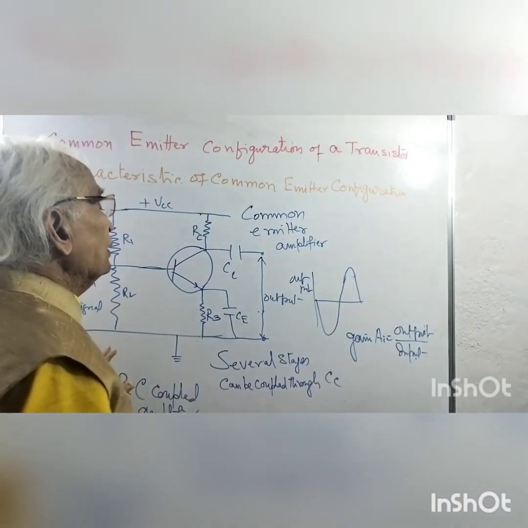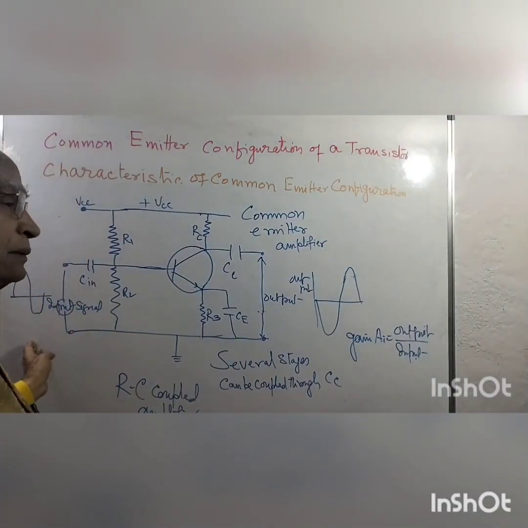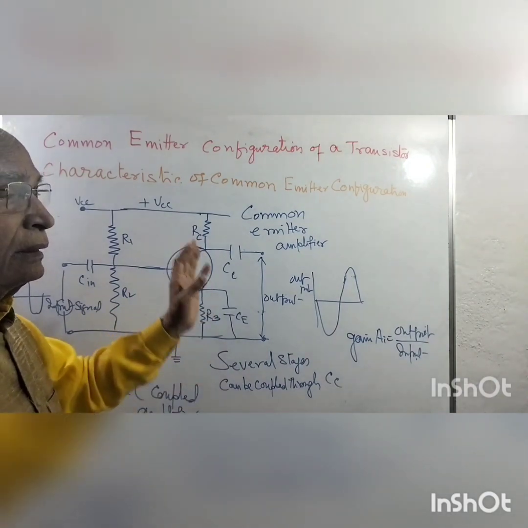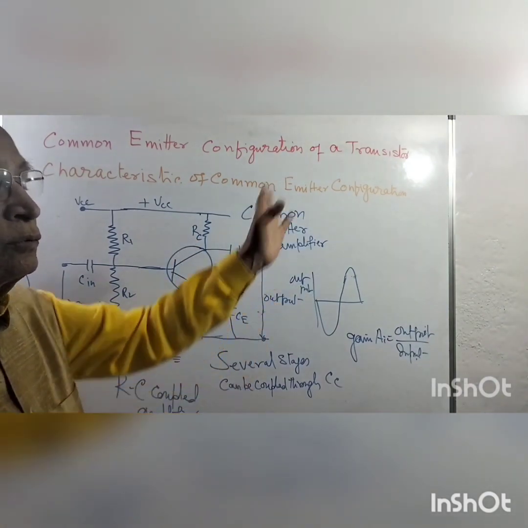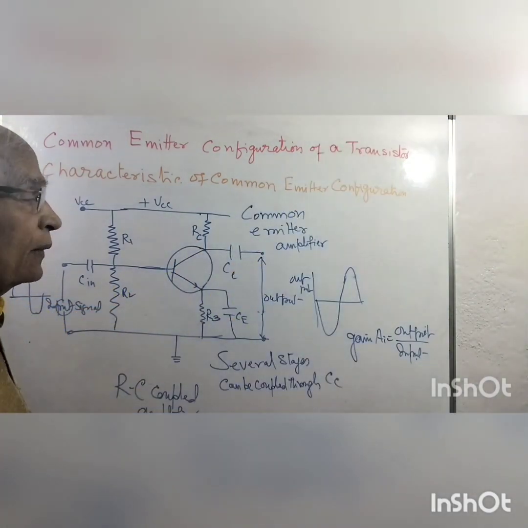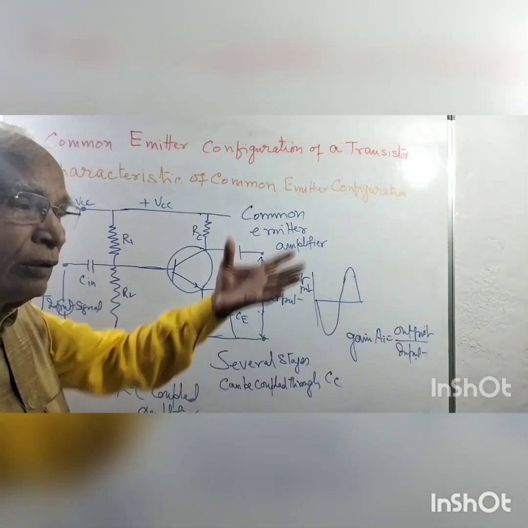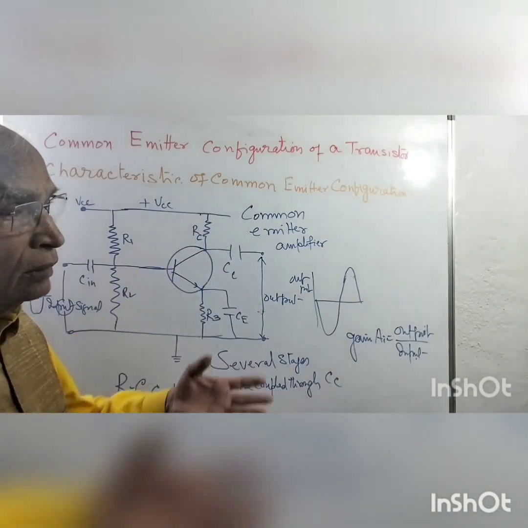Like this way, you can amplify your signal. Suppose it is 1 millivolt, second stage becomes 10 millivolt, then 100 millivolt, and then so on, 10 times multiply. So you can multiply your signal, you can get high signal, maybe volt, from millivolt to volt, or tens of